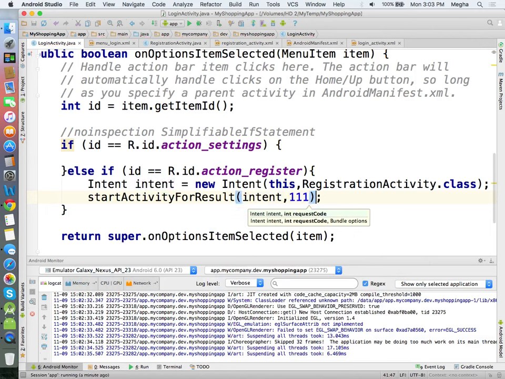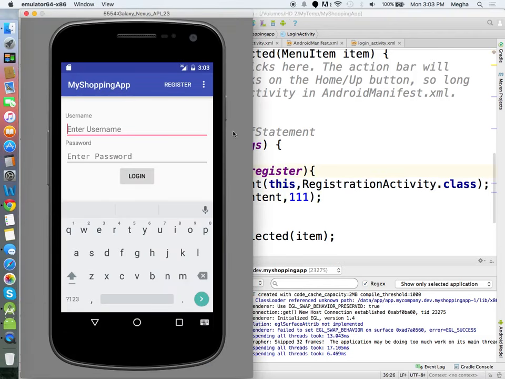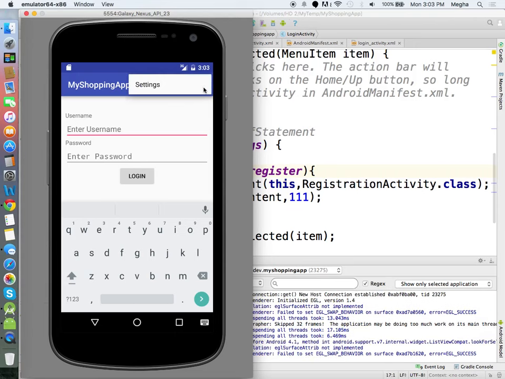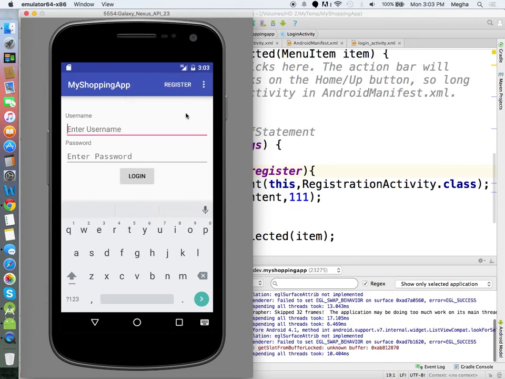Some result code to start with. So when the user clicks on register, you should be able to go to the next activity. If you notice that the register appears, the settings went inside the view hierarchy. So it's up to you, you can design, play around with the various constants available. I would say the action bar is quite helpful and maintains a major navigation part on that particular area, so the rest of the place is available for your content.